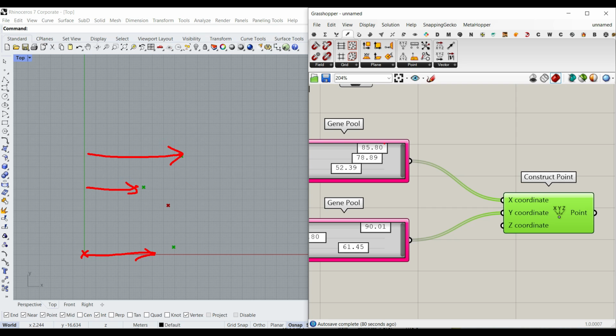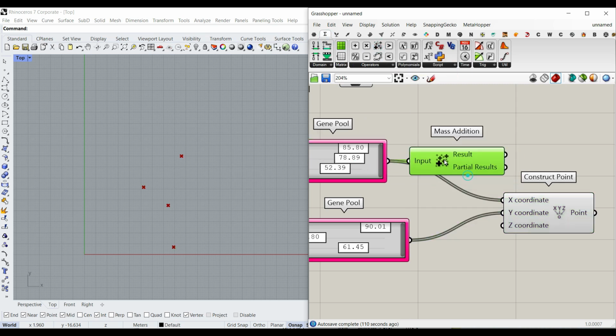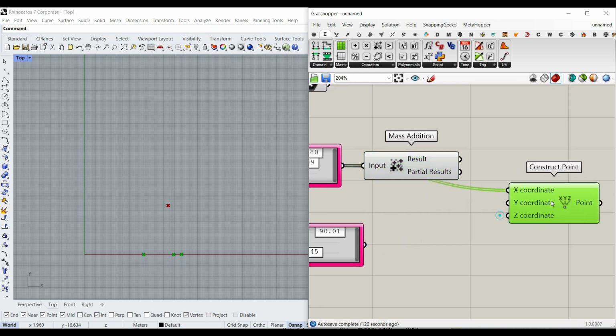So what I want to do here is that this is going to be the first X, then this number is going to be added up with this number and make the second X, and then the combination again is going to be added with this number and make the third X. To do that, you can easily go to the Math and use a Mass Addition. And if you give it here, you can see that the partial result will give you a series of numbers like 85, 164, and 217. So if we use that instead,